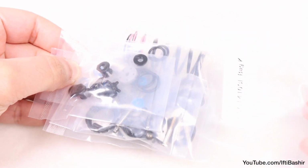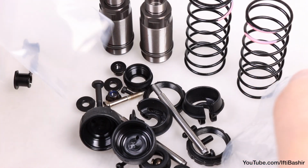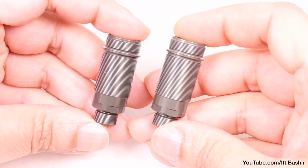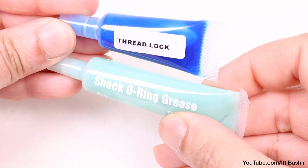So bag K contains the front shock kit, lots of small parts in this, so take care to empty its contents, making sure nothing is left behind in the bag. The shocks are basically the same as those from the EB410, with only very minor differences. You'll need some thread lock as well as some O-ring grease for this bag, so with those to hand, let's